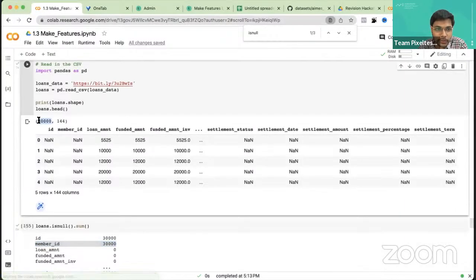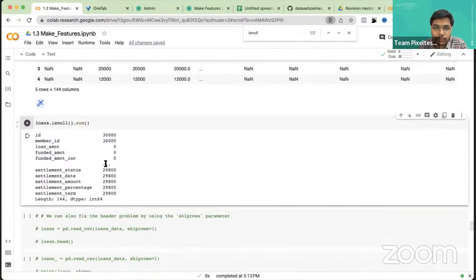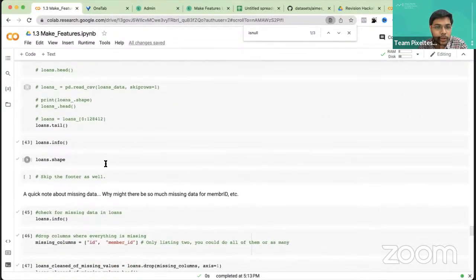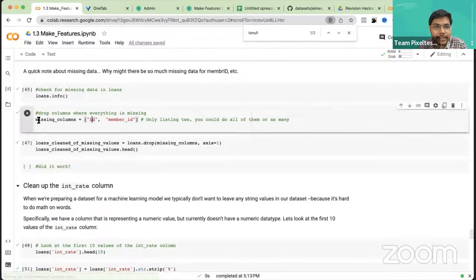So there were 30,000 rows. Out of that, ID and member ID are not useful for us, right? So we're going to drop them. You can directly go ahead and use the drop command on both IDs. But what we have done here is we have created a data frame with the missing columns, right? So ID and member ID, when you run this, you will have